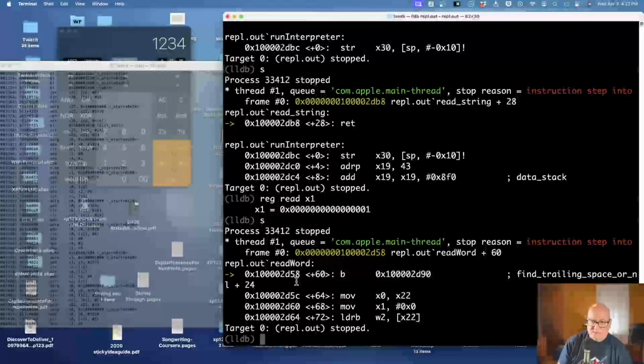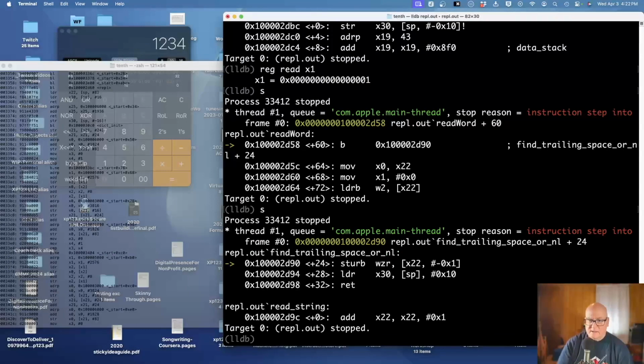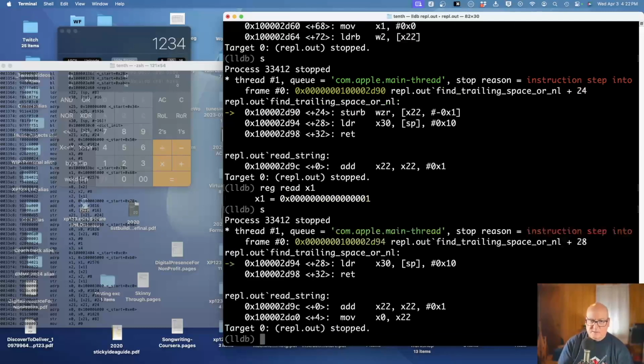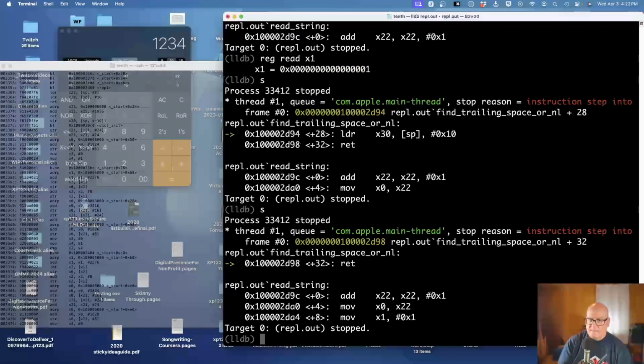Branch to. Well, let's step 290. Store unsigned store byte WZR x22 minus 1. That does look like where it's supposed to be. Okay, let's make sure x1 is still right. Okay, so if I step out, I guess that's just the label it found closest. Okay, so return from read string,